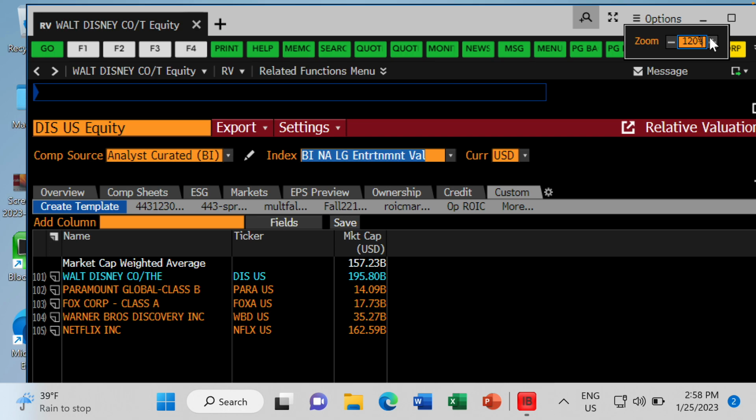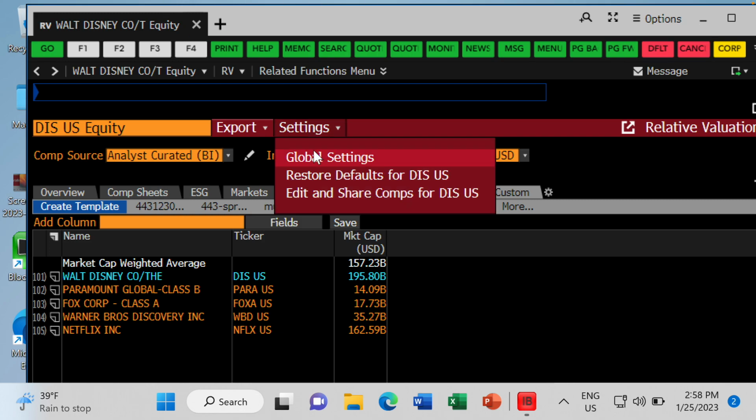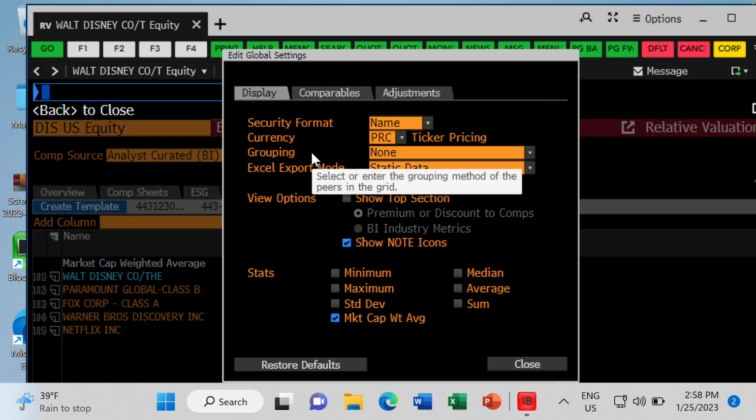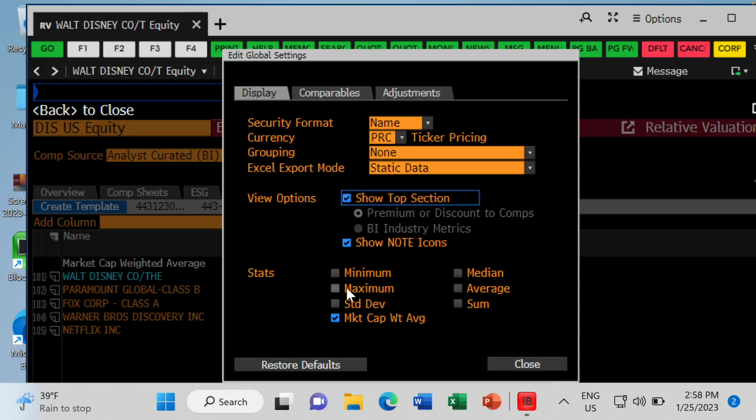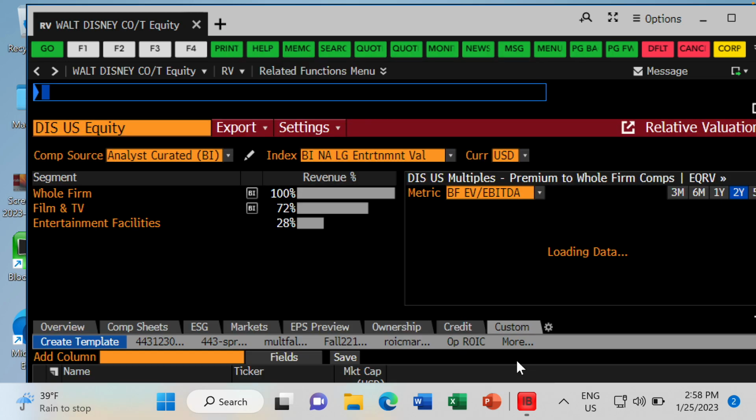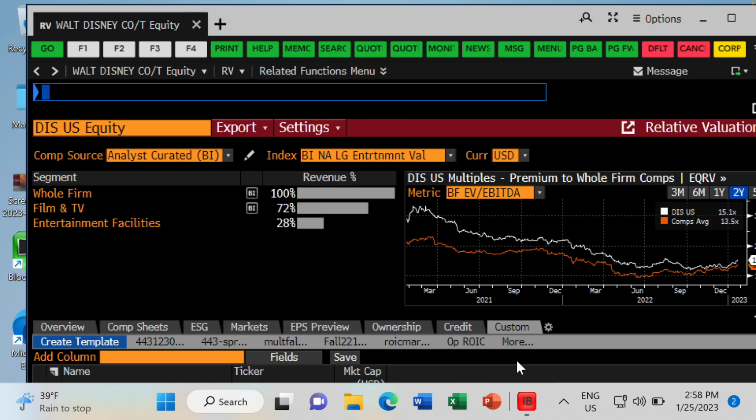Now, when you go to the screen the very first time, your screen's not going to look exactly like this. If you click on settings and go to global settings, which are by account, your screen is going to look like this. And it's going to have this really ugly, useless bar in the middle of the screen. There's no value to this bar in their default screen.